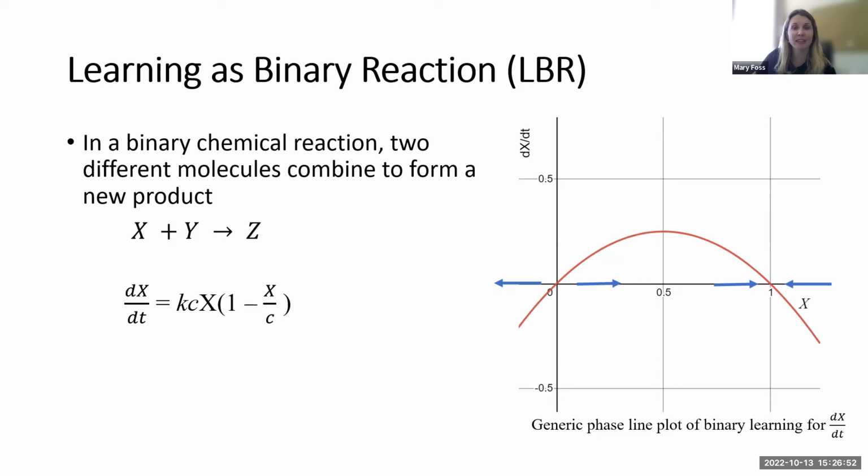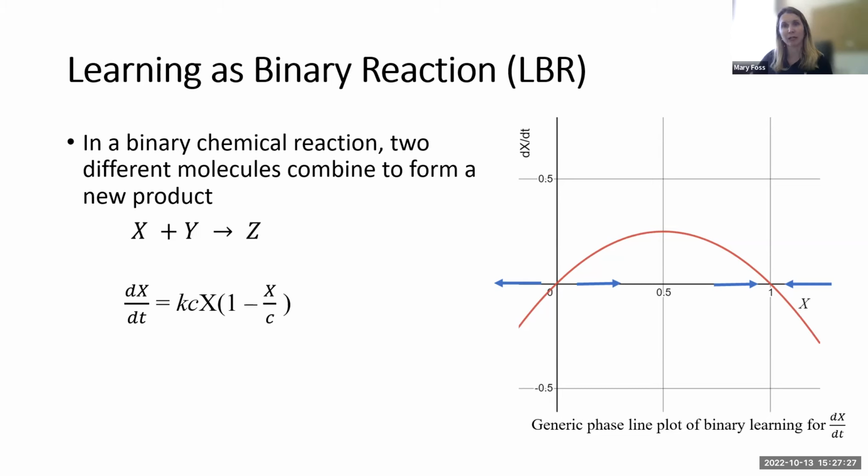One thing that is interesting in this is it resembles a logistic model, which is consistent with many of the other prior mathematical models of learning that have been presented. So in this model, the equation you can see here, C you can think of as the learning capacity of an individual. And the term KC is now going to be representing the intrinsic learning rate. What's interesting here, and this is the goal, is to look at the stability of the model. And so these are the conditions that you can see on this graph.